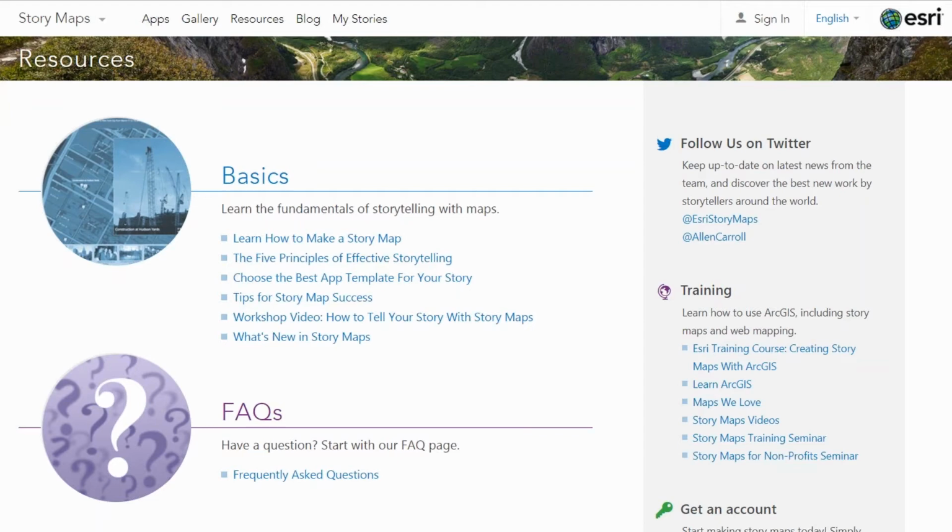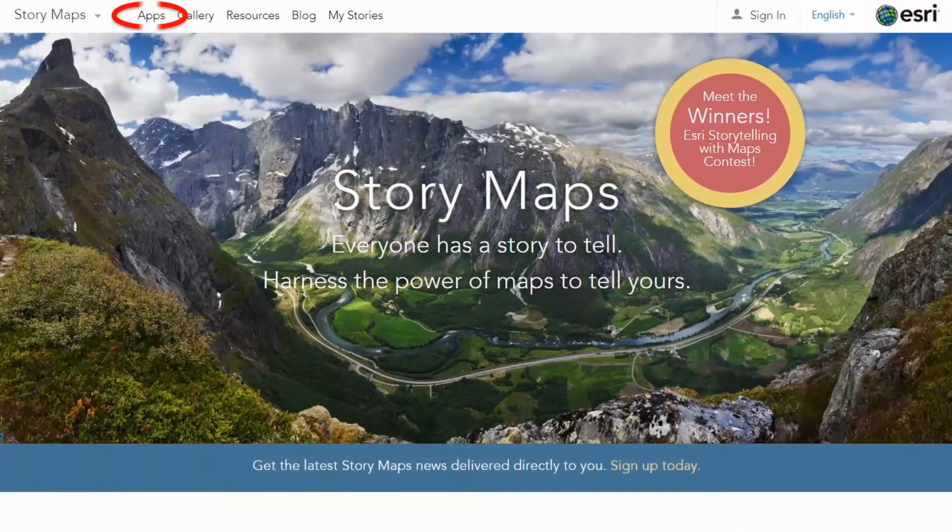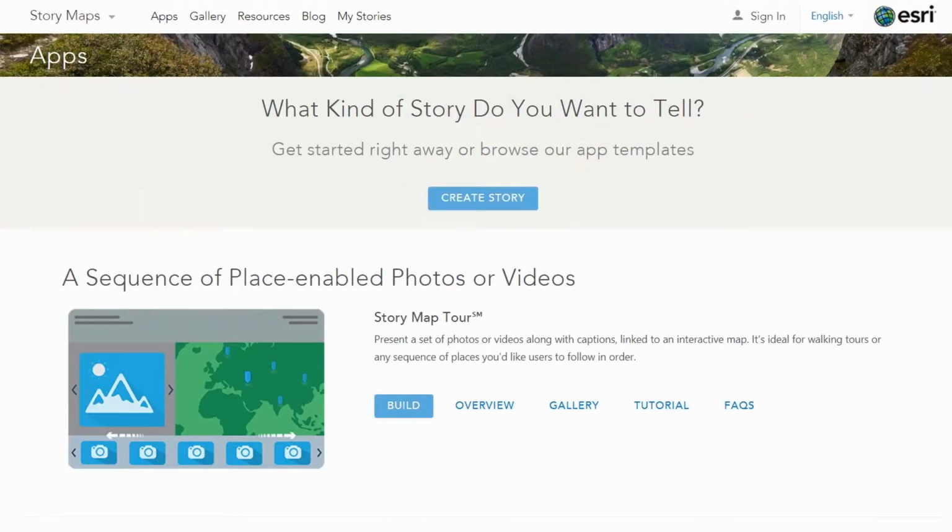So yeah, story maps are probably one of our best values within ArcGIS, and they really are being adopted everywhere for people telling all sorts of stories, and that kind of leads me to my next piece. There are lots of different configuration templates, and if you go into the apps portion, it asks you what kind of story you would want to tell, because there are many templates, and these templates are